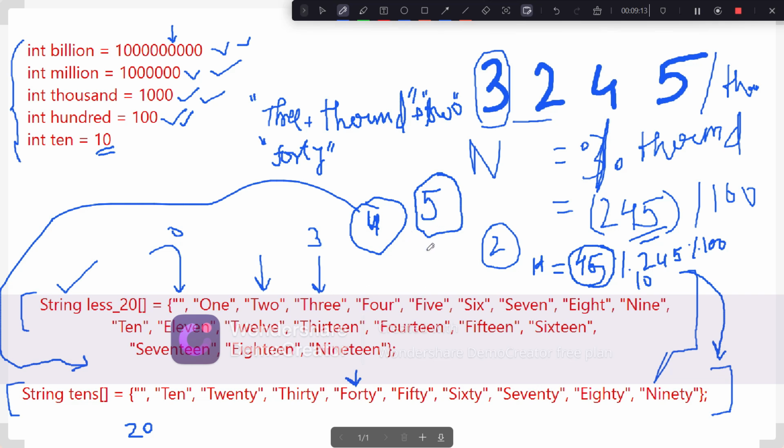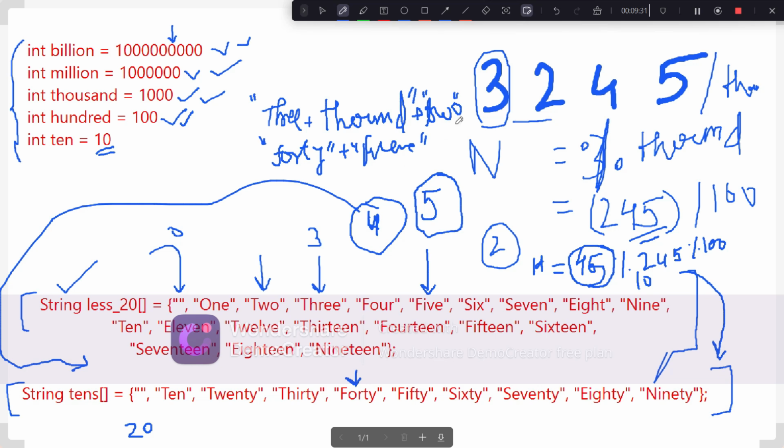And what is at index 5? At index 5 we have the string "five", so we will add this also. So finally what we have, this is our 5. So what is our final string? Our final string would be